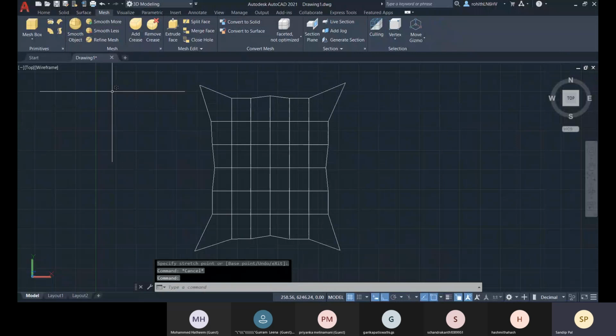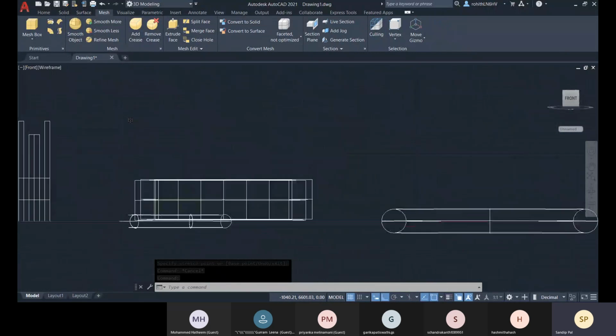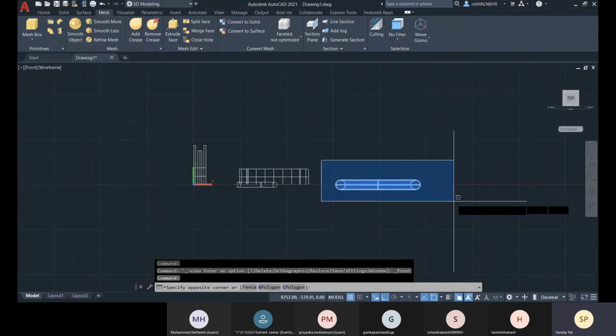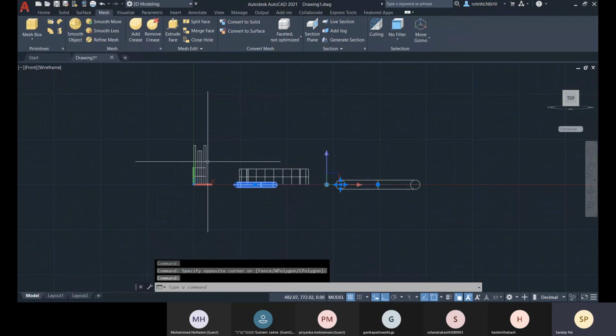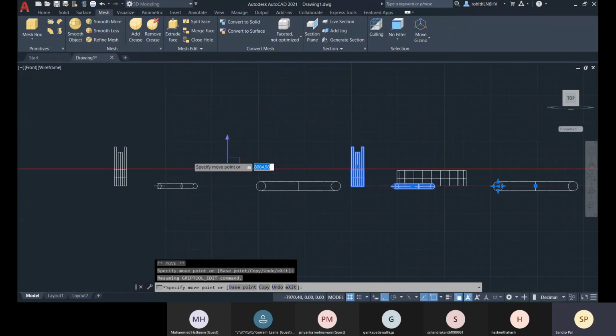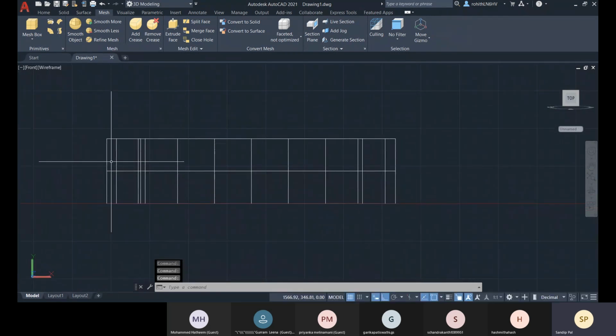Okay, now let me switch to front view there. Let me delete all this, or let me move it aside. Okay.